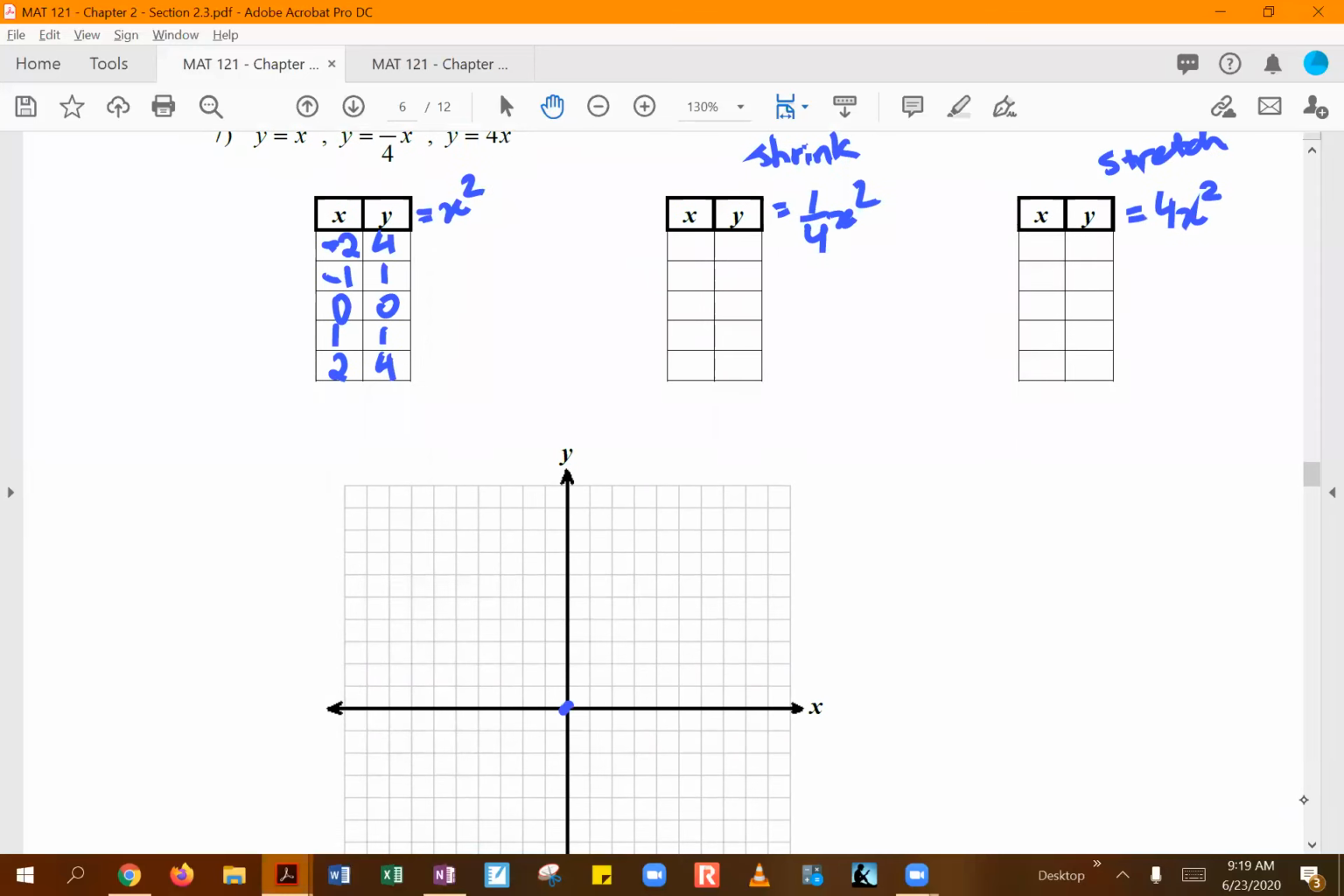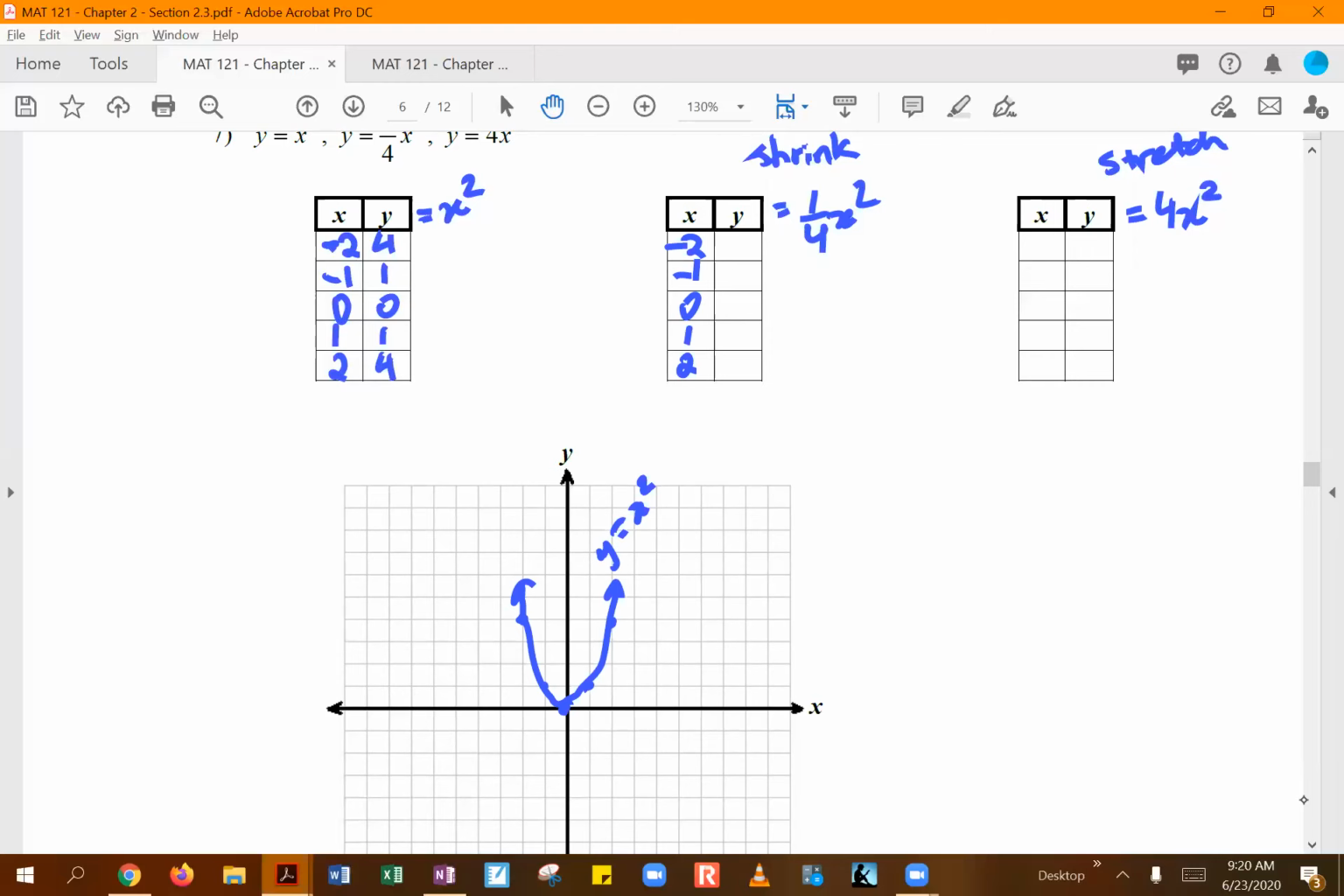So that's going to be this guy over here. Okay, so this is our base graph, y equals x squared. Now, when we talk about shrinking our graph by 1/4, you keep the same x values,